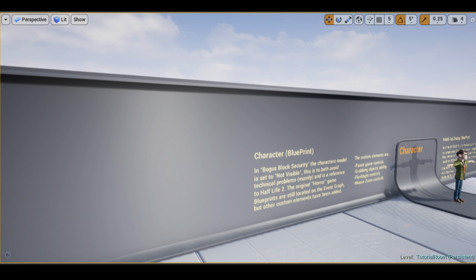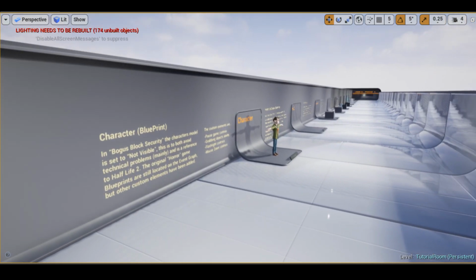So what are we going on here? We're doing another update on my indie game that I've been doing for a little while. It's been a while since the previous update, so I wanted to show off what I've got here. What I've actually done is a little demo room, and this is...